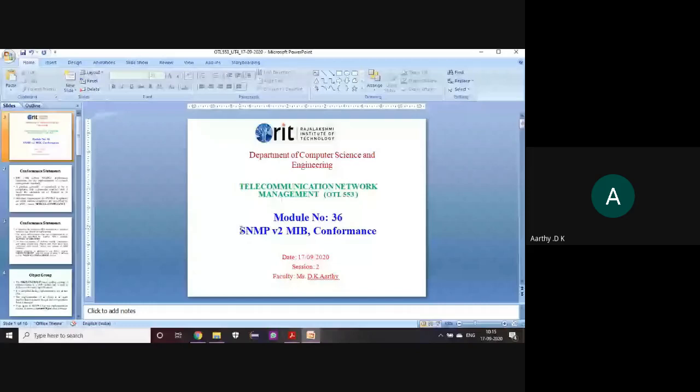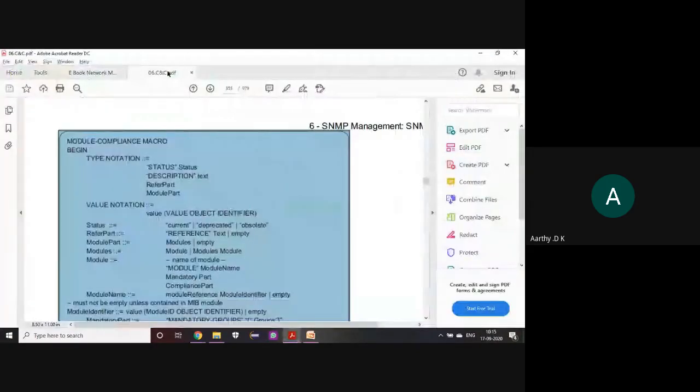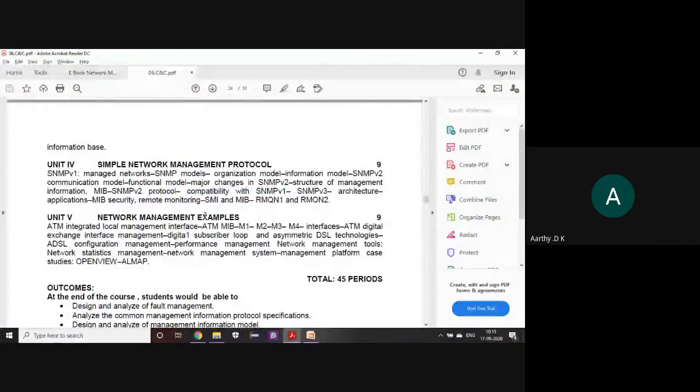If you have any doubt, I'll show you the topics we have covered today. Today we have covered only the MIB of version 2. Tomorrow we will be covering the SNMP version 2 protocol and its compatibility with version 1. With this your SNMP version 2 would get completed, and by next week, that is by Monday, we will complete the fourth unit. Version 3 we are supposed to look into. So tomorrow we will try to complete version 2. That's all for version 2.